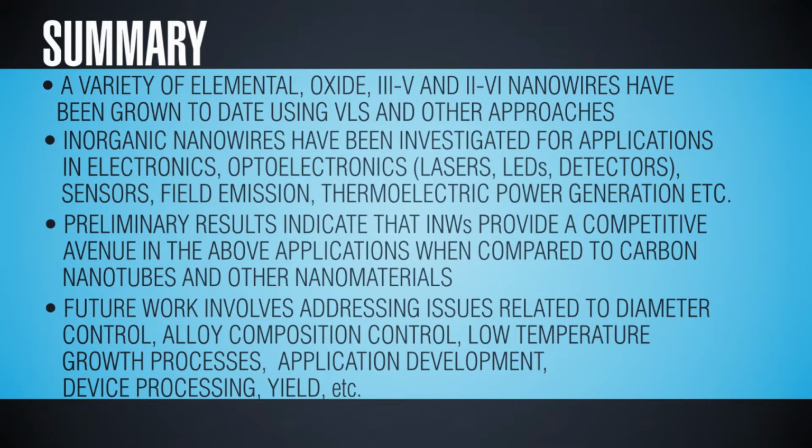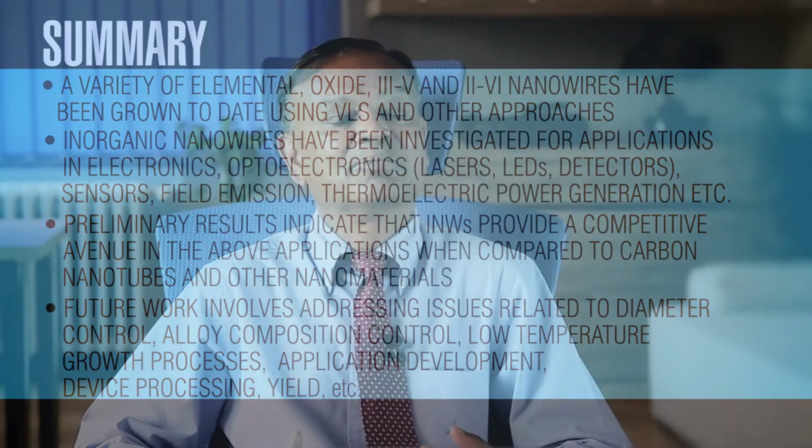Some other remaining challenges include the need to control the diameter precisely, and also this kind of control and growth over large wafer surfaces such as 200 millimeter or 300 millimeter wafers. If we end up doing ternary compounds, for example aluminum gallium arsenide, then there is the need to control the alloy composition. One of the key challenges is to develop the ability to grow these nanowires at low temperatures, because if you end up using catalysts such as